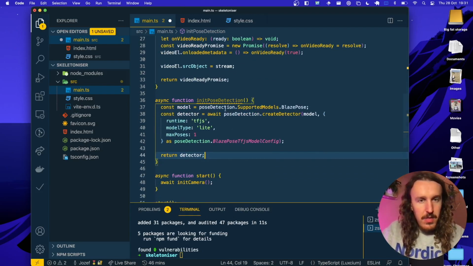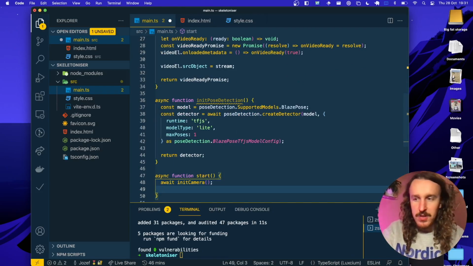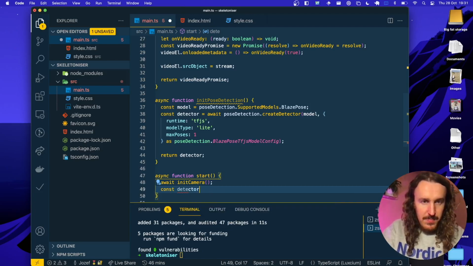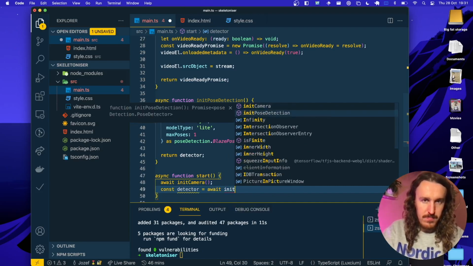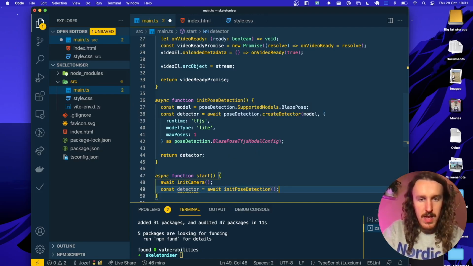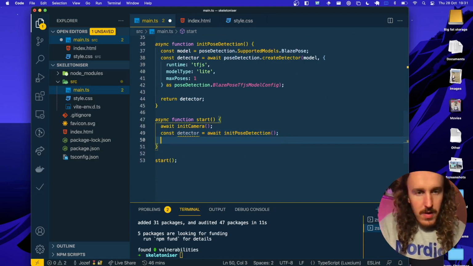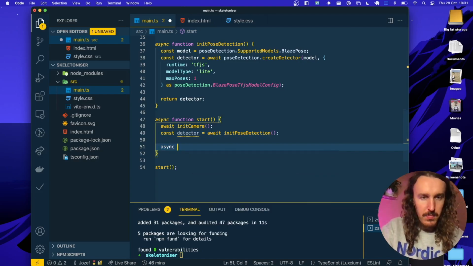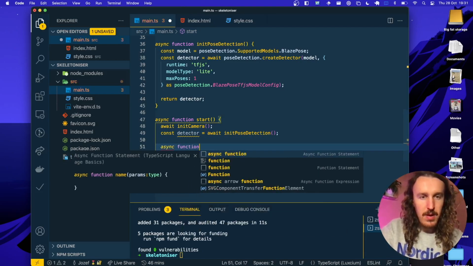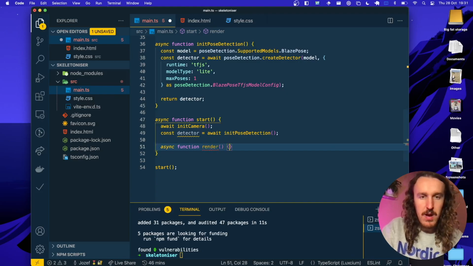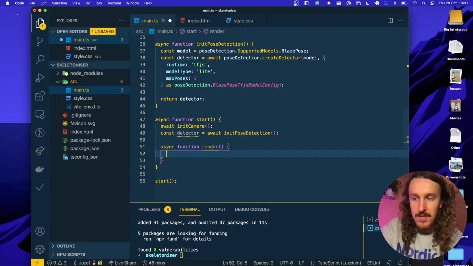Cool. So now we've got this. We're going to go down into our start function and we're going to actually get our pose detector. Like that. And then to use it, we're going to create a new function in here, and we're going to call it render. So this is going to be run on every animation frame, if possible. And then we're going to call the pose detection in here